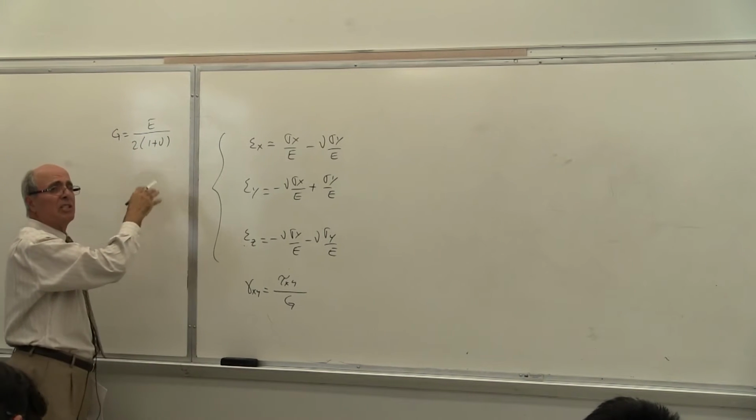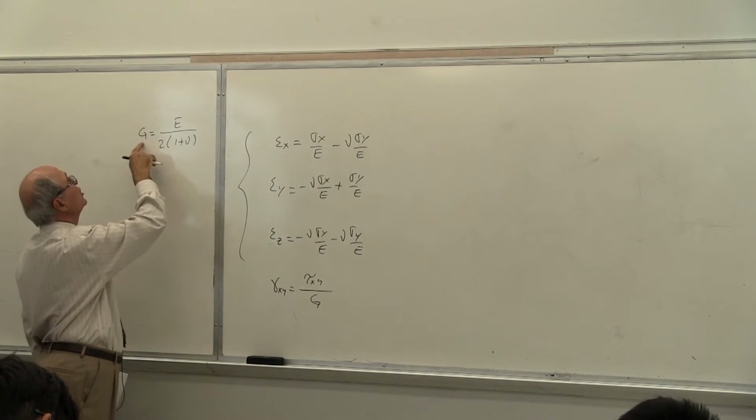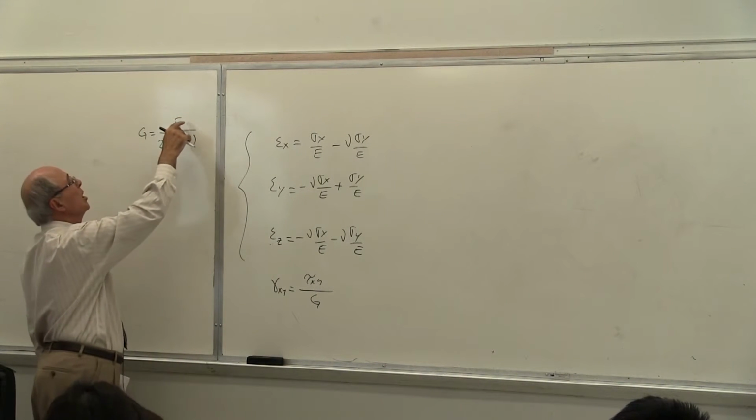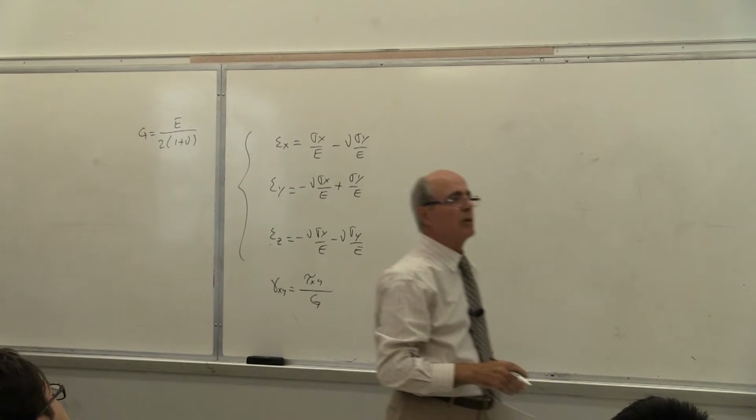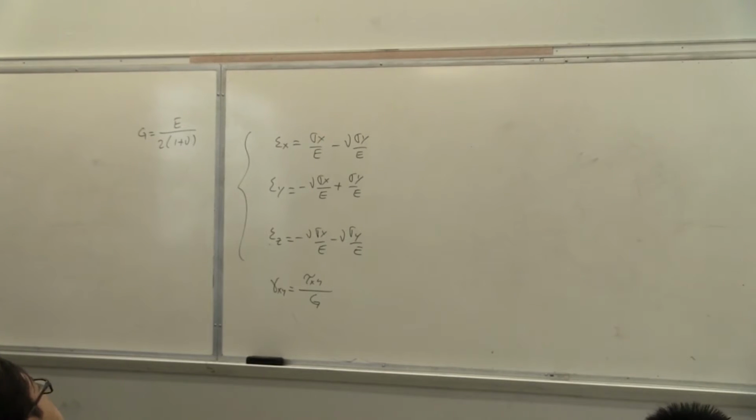The reason I'm saying that is that in some homework they give you nu and G and you have to calculate E, or most of the time they give you E and G and you have to calculate nu from that equation. So if you see data is missing, that relationship helps you find the third term, which is usually nu. Is that correct? Because E and G we can measure in the lab, but nu we cannot measure in the lab.